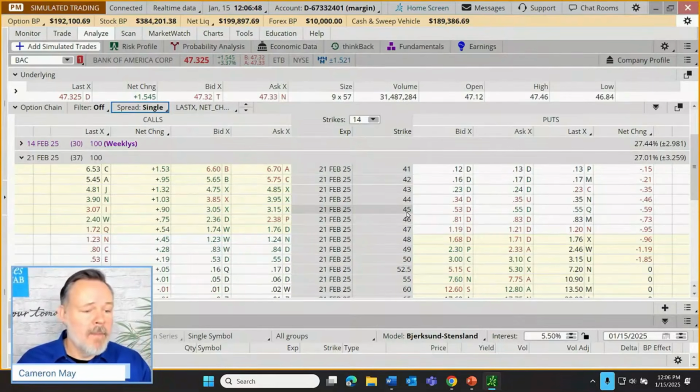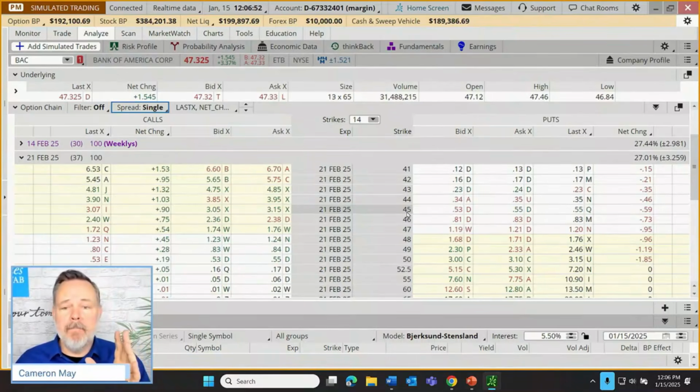In any case, Jim says earnings tomorrow on Bank of America. That's great, Jim. That's a possibility. Some traders don't mind trading over earnings. Others avoid it. For the purposes of this discussion, since it's a tool demonstration, not a big deal.